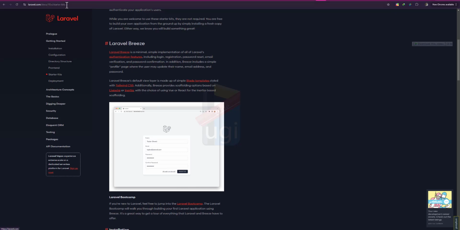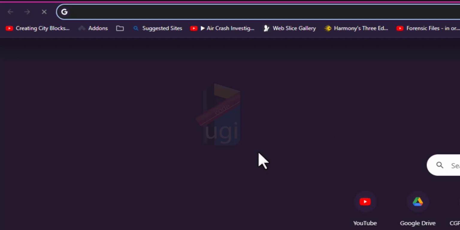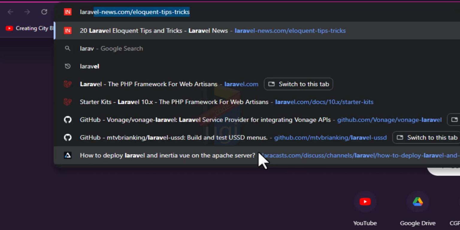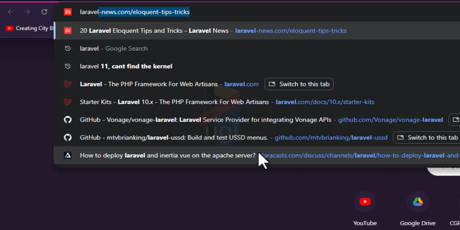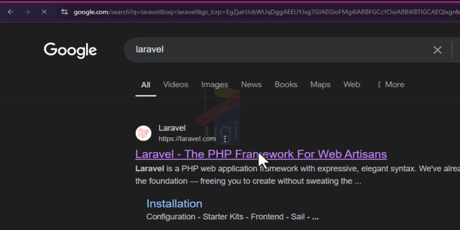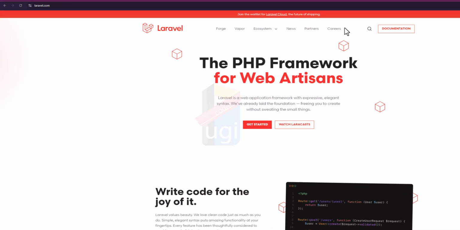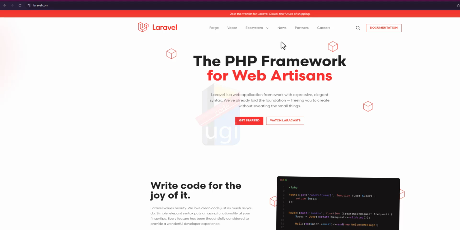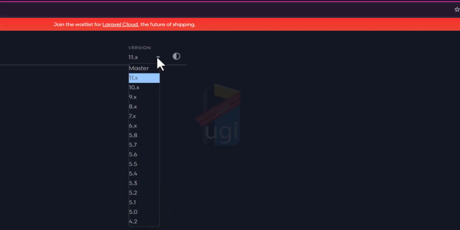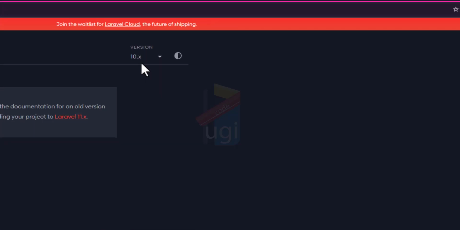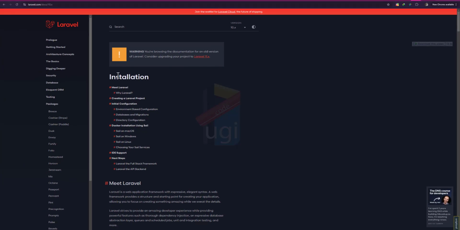So here is the Laravel website, or you can go to your Google search and type that you want to do a Laravel. Then you press enter and it will bring it up, from laravel.com, and then of course we're going to set up our Laravel. The first thing I'll do, I want to get to the documentation, and then I'll choose Laravel 10. I'm not so conversant with Laravel 11, so we'll be installing Laravel